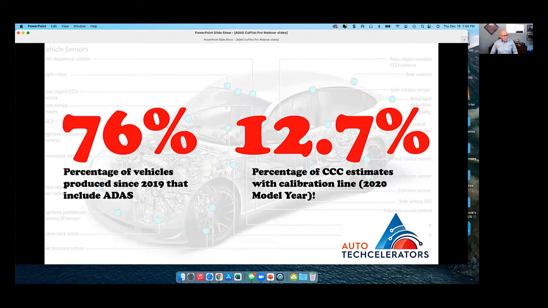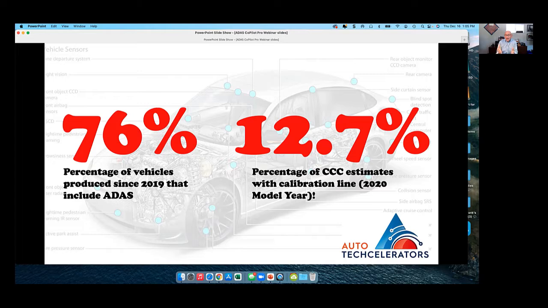So since 2019, 76% of the vehicles on the road have included ADAS or some type of ADAS in the vehicle. And in late 2020, in CCC's own statistics, only 12.7% of the information they collected in estimates and repair orders included a line for calibration.